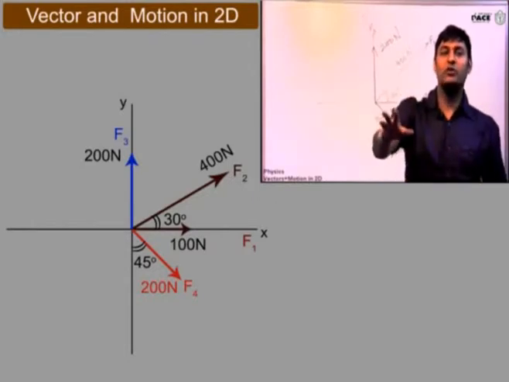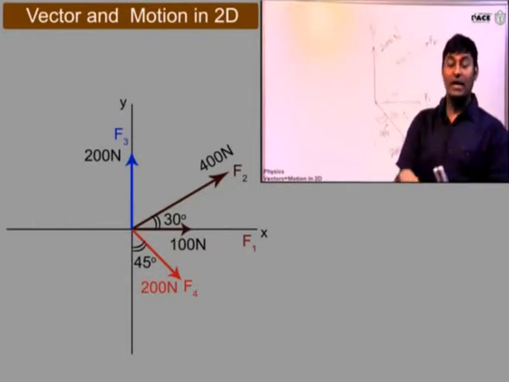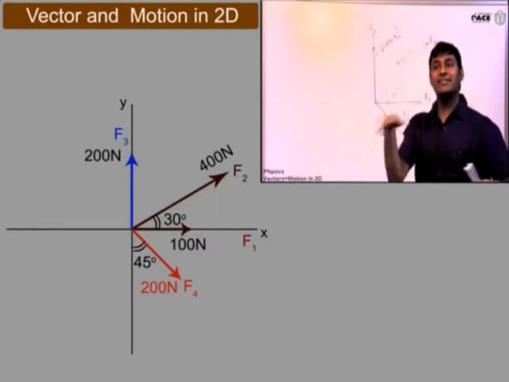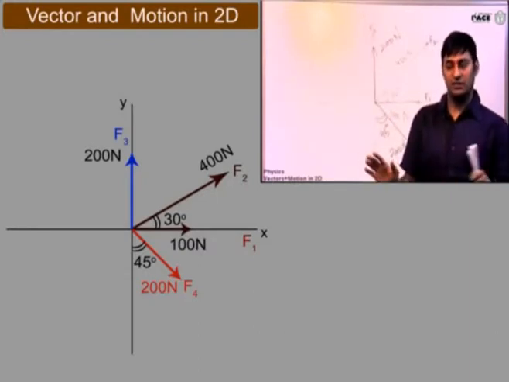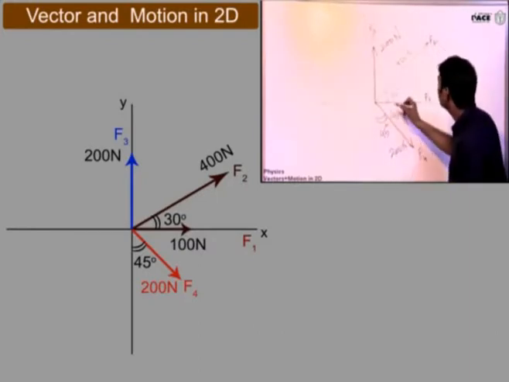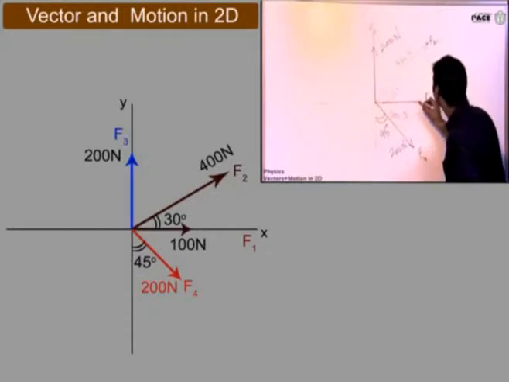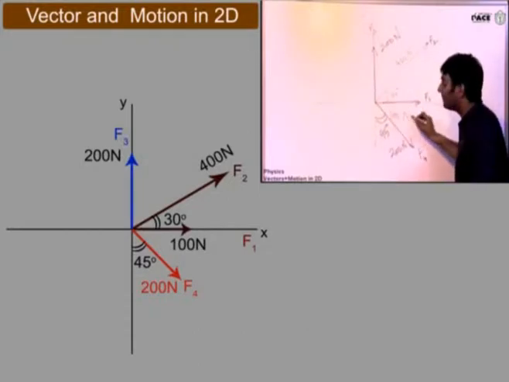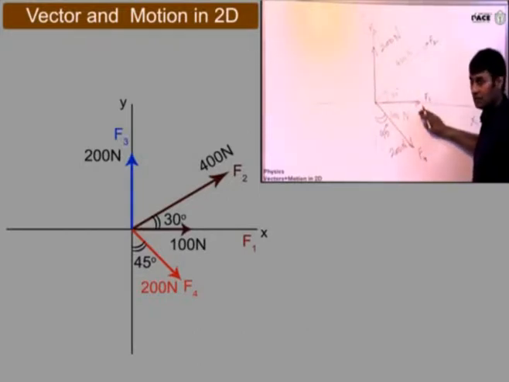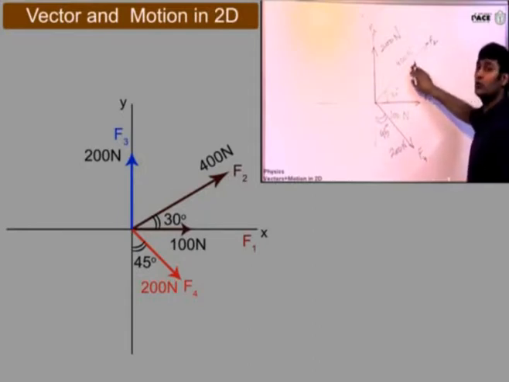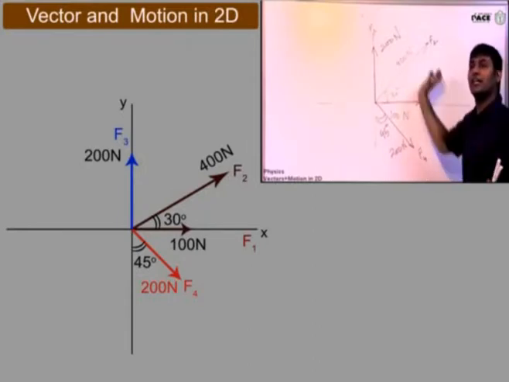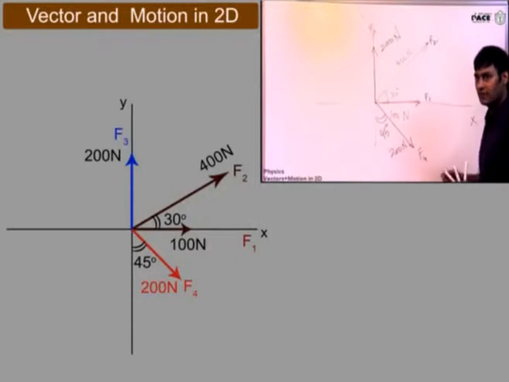Yes. What we'll do is, please see all of you. I'll break all the vectors along x and y. All the vectors. See this. This vector is already along x-axis and 100 Newton. Am I clear? F1. Can you tell me what do I do to F2? F2 को break कर लेते हैं x और y के along. 400 cos, 400 sin 30.